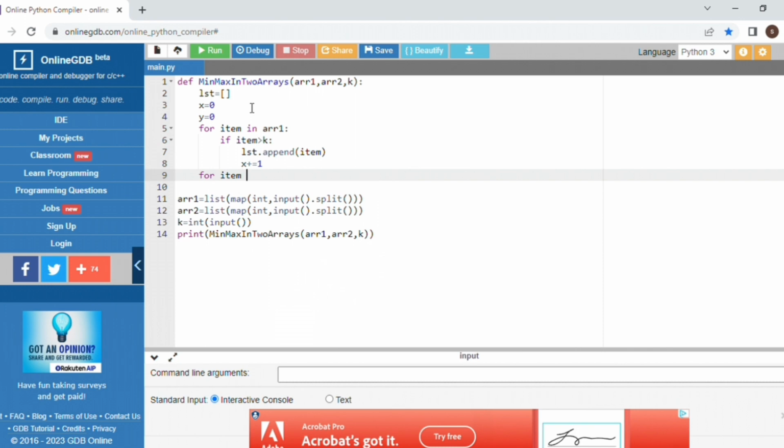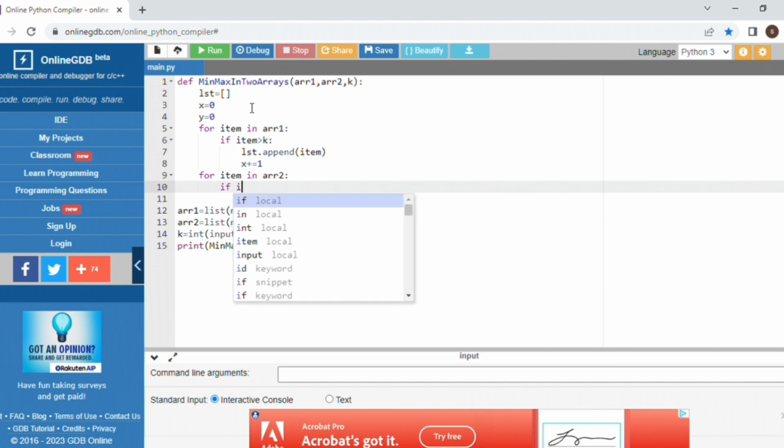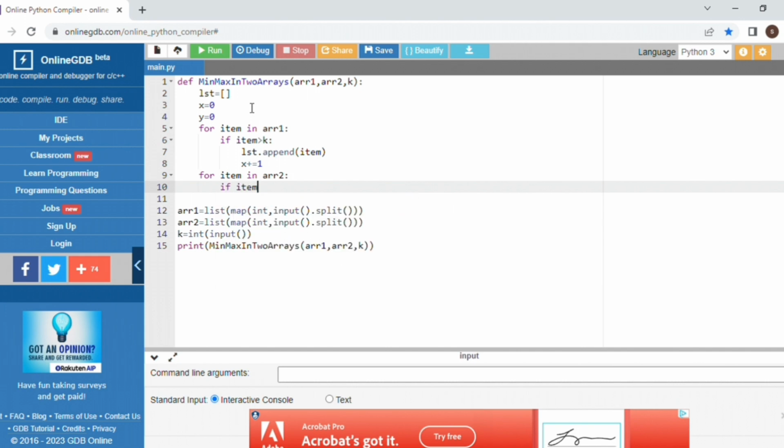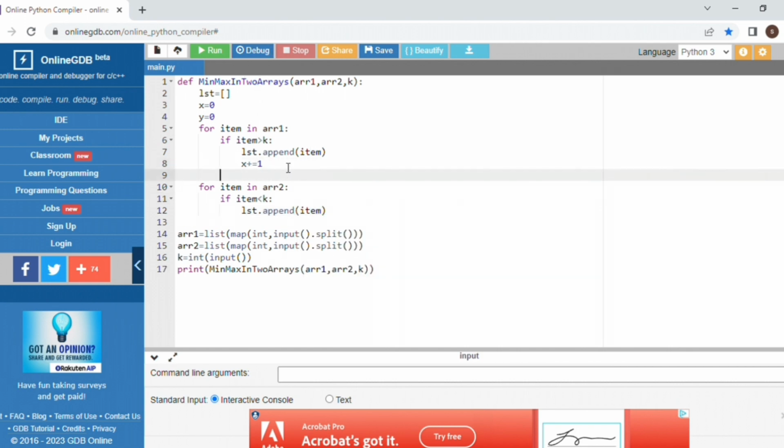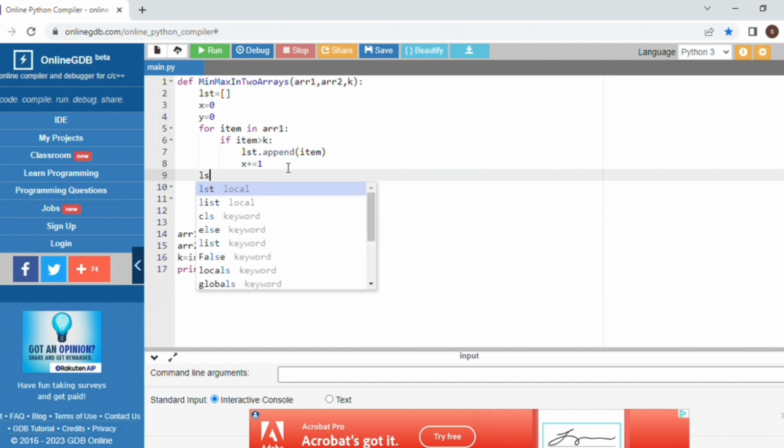Next I use a for loop to count the elements less than k in array 2, with an if condition: item is less than k. If it is, I append it to the list. Here I have to make the list empty, so before this for loop I should take the list as square brackets, because in the previous for loop we already have some elements in the list.